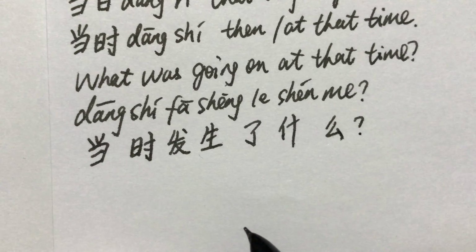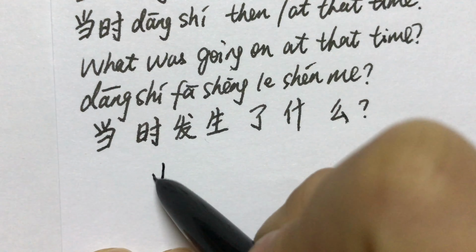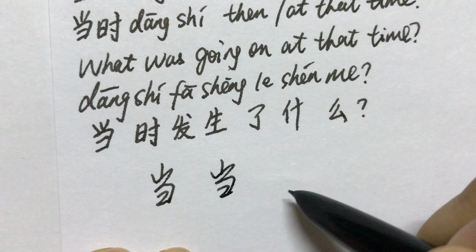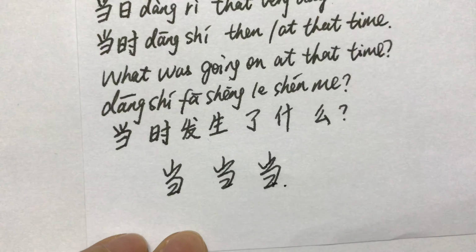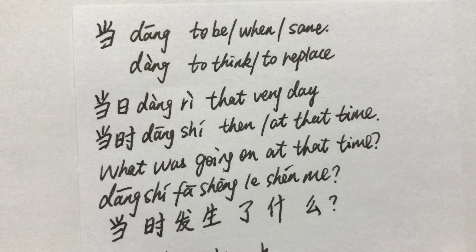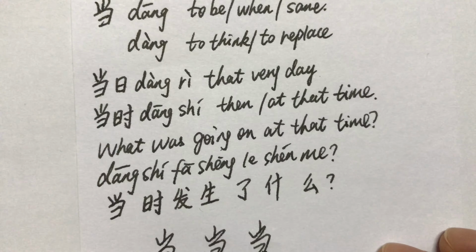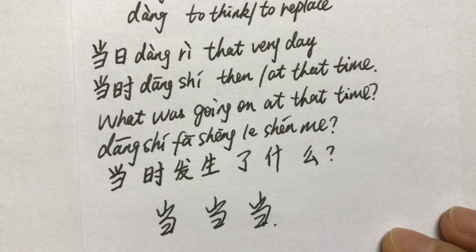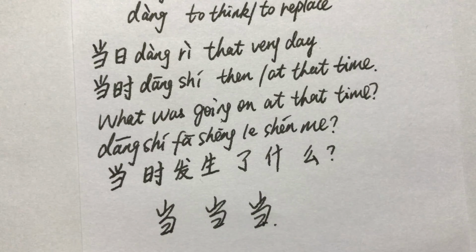My casual handwriting on dāng. Dāng, to be, when, same. Dāng, to think, to replace. 当日 that very day. 当时 then, at that time. What was going on at that time? 当时发生了什么？